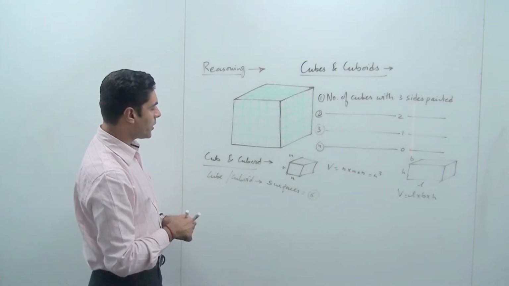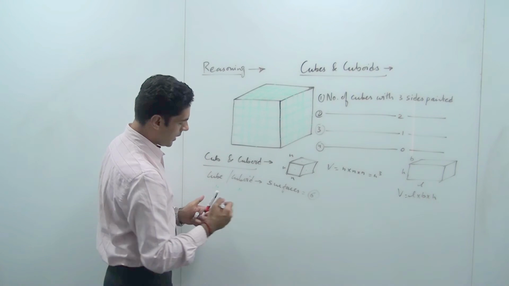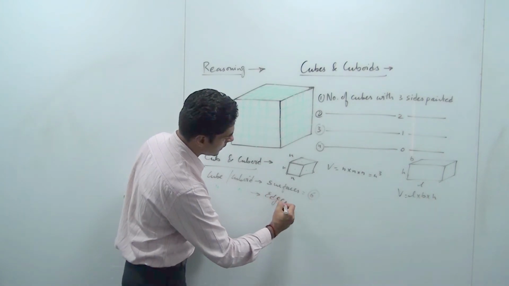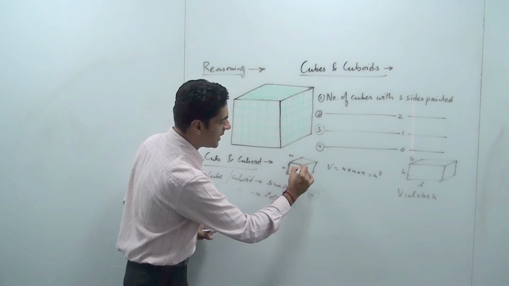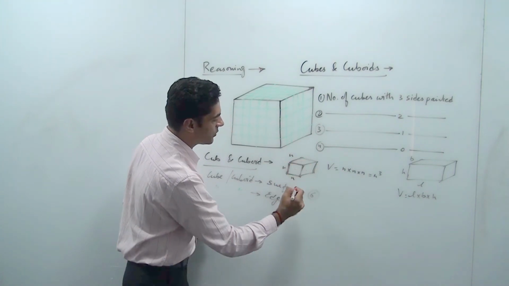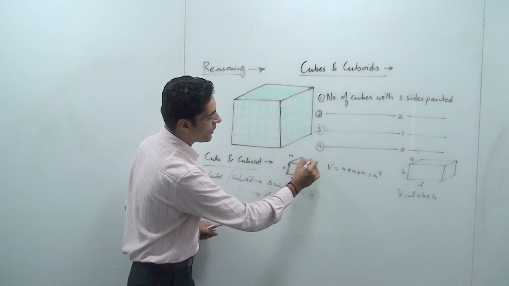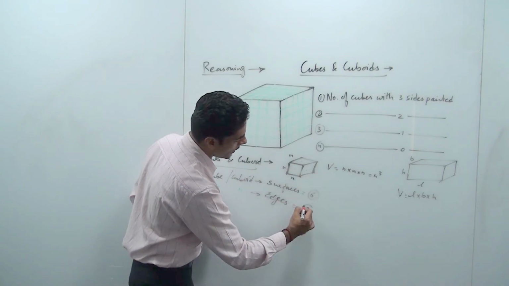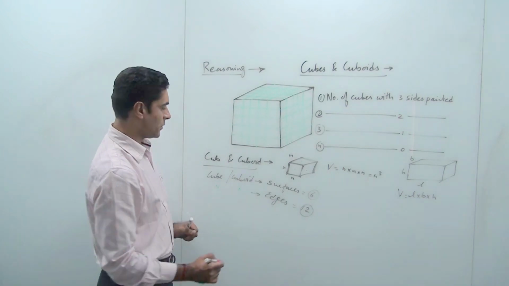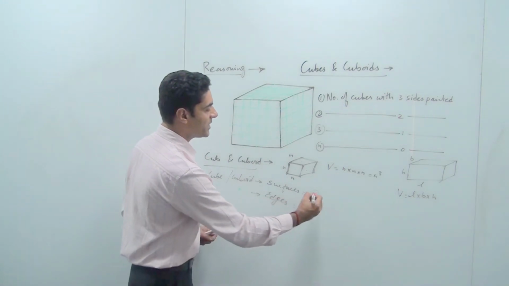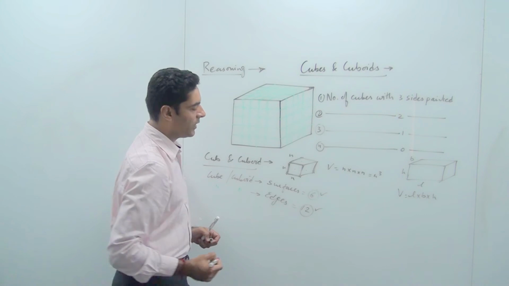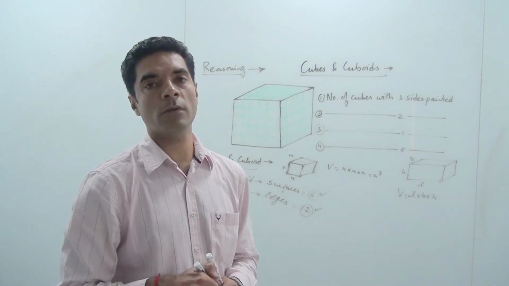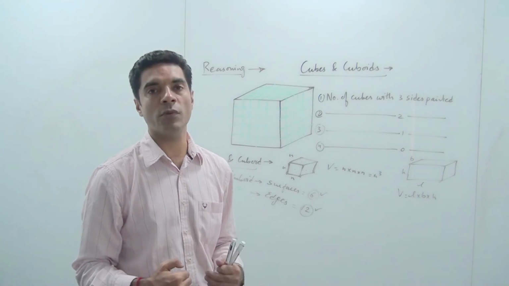And in any cube or cuboid, the number of edges. So this is an edge. This is a vertical edge, vertical edge, vertical edge, vertical edge. So there will be 4 vertical, 1, 2, 3, 4, 4 horizontal top and 4 horizontal bottom. So there are going to be 12 edges. So in any cube or cuboid, there are going to be 6 surfaces and 12 edges. This is something that you must know. This is a simple concept on cubes and cuboids that will help you to solve the questions on cubes and